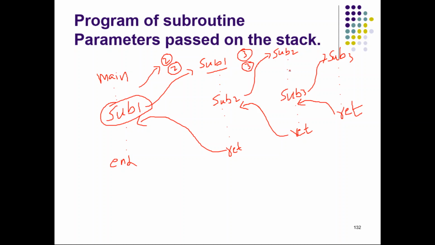Okay. Again subroutine 2 calls subroutine 3. Maybe subroutine 3 is called with 2 parameters. So these 2 parameters should be pushed into the stack. And subroutine 3, say it wants to use 2 registers. It cannot use them directly, because otherwise their previous values will be lost. So those registers' contents also should be pushed into the stack.